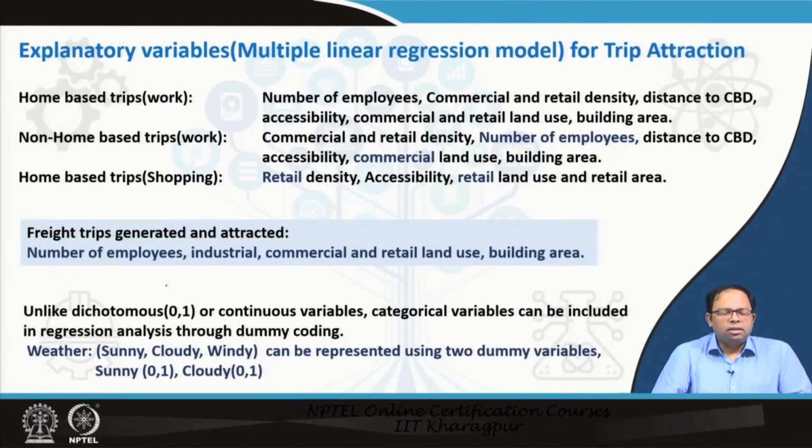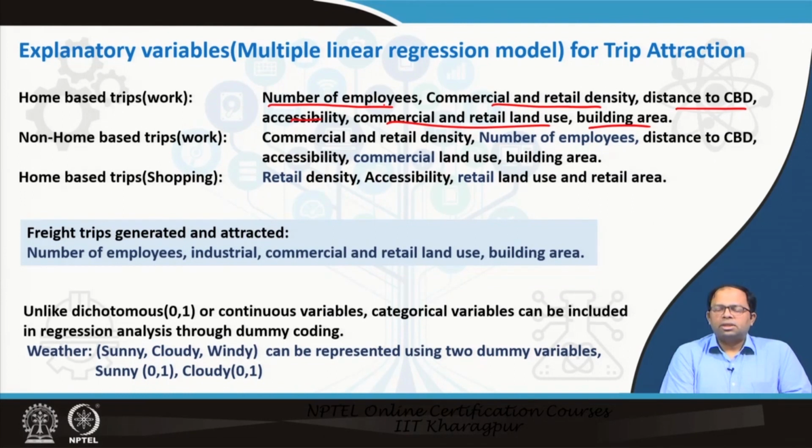Similarly, for trip attraction, we can also have different explanatory variables for a multiple linear regression model. For example, home based walk trips, that means number of home based walk trips attracted to a particular area. Here we can use the number of employees, commercial and retail density, distance to CBD, accessibility, commercial and retail land use, building area. These are the things that may influence the total number of home based walk trips attracted to that particular area. Why? Because it may be depending on the total number of employees, but if